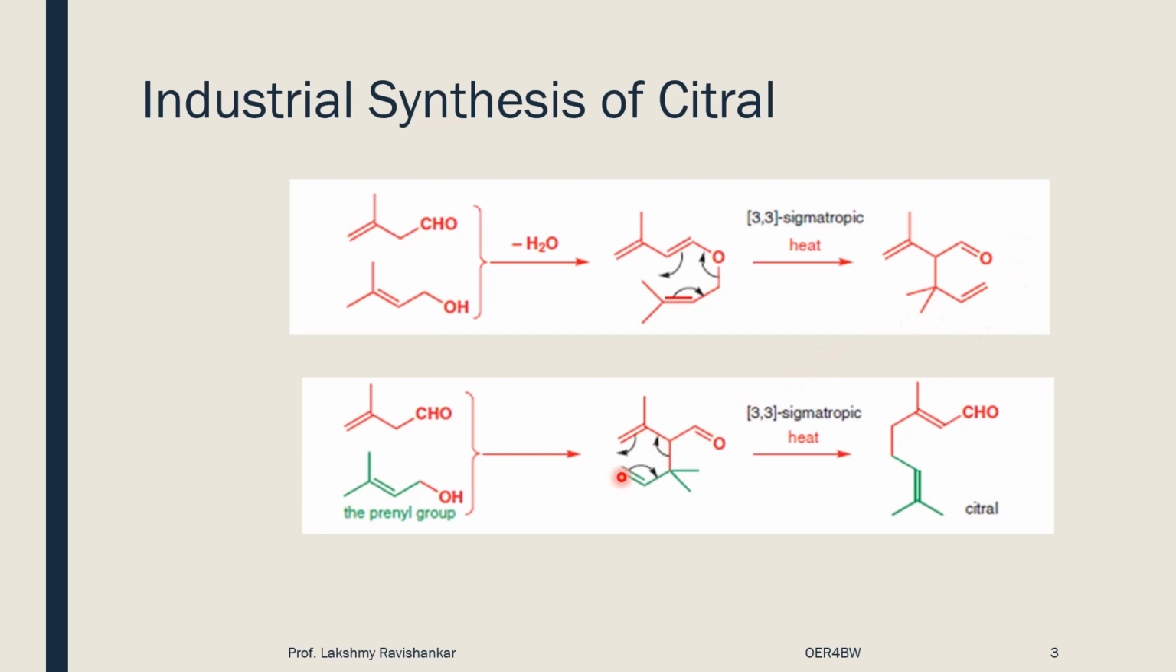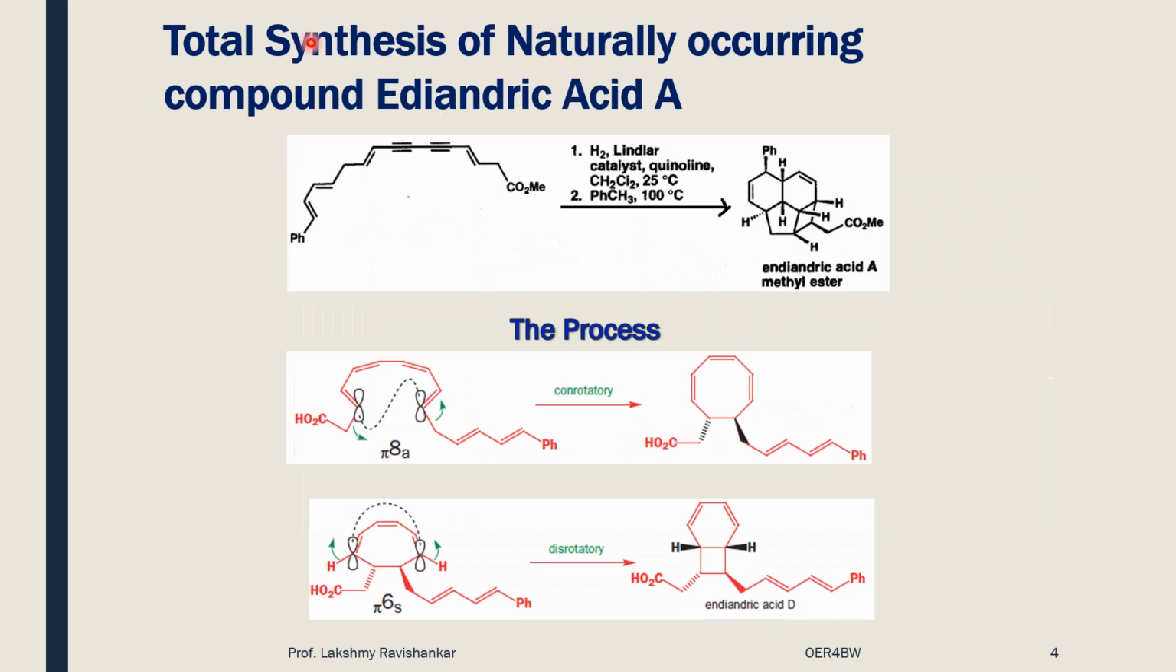This gamma delta ketone can be rewritten in this fashion. Now you see that this is a 1,5-hexadiene substituted system, which can again undergo a 3,3 sigmatropic Cope rearrangement to give you the product citral. Next, we come to the total synthesis of naturally occurring compound endiandric acid A, which is